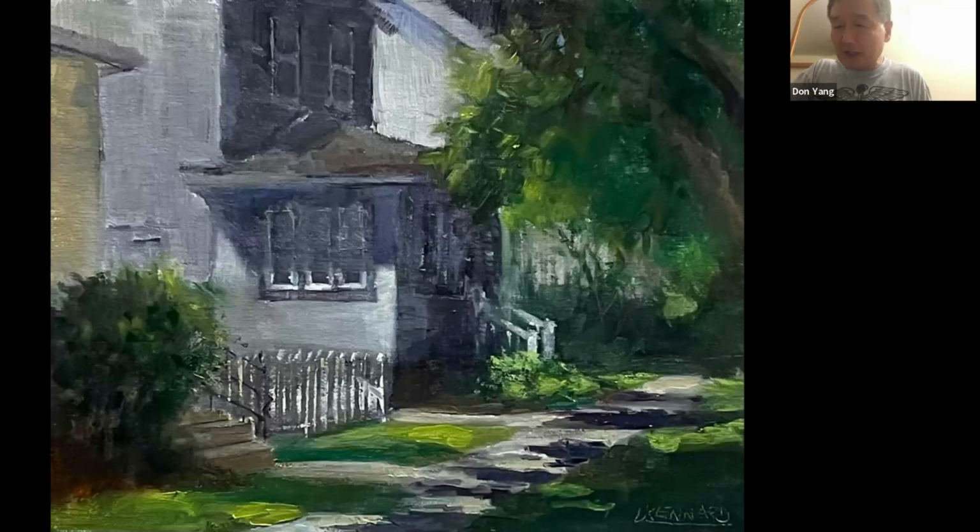Another way you can think about it, you can take a look at the shadow, darker value, that is as dark as the side of the building, the shadow on the side of the building. So that's another thing that you can compare. Just like you like to compare the different greens together, kind of group them up and then compare them, here you check all the shadows in different places, the shadow of the tree, shadow of the sidewalks, shadow of the vertical plane of the building, shadow on the horizontal diagonal plane of the building. And are they in proper order, or are they too similar and so on? That's one way you can check on that.